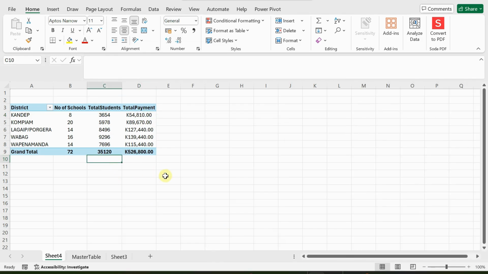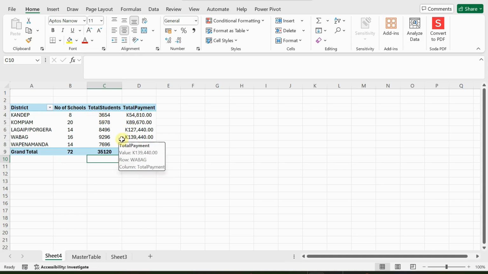So whichever the quarter, probably the last quarter of 2022, money that was paid to Enga provincial government in terms of the tuition fee, free education tuition fee to schools,